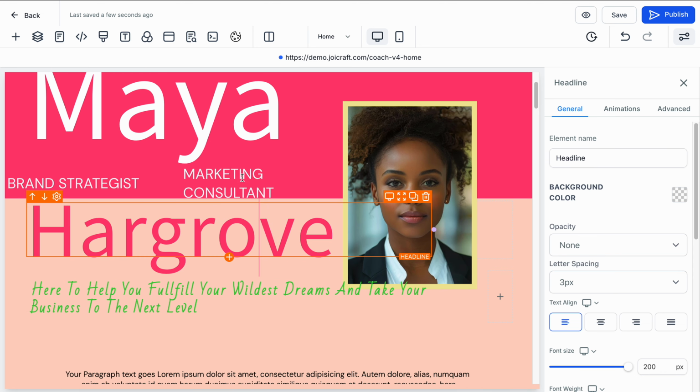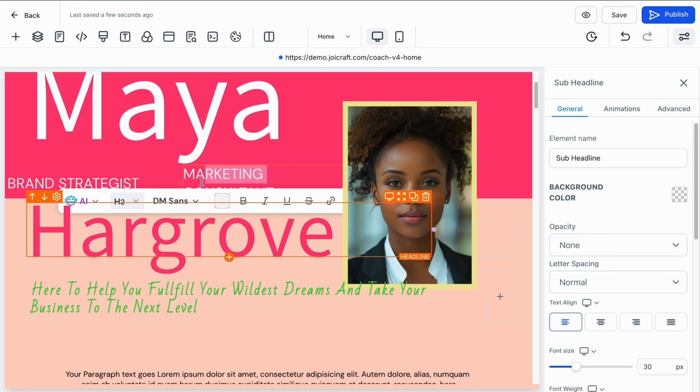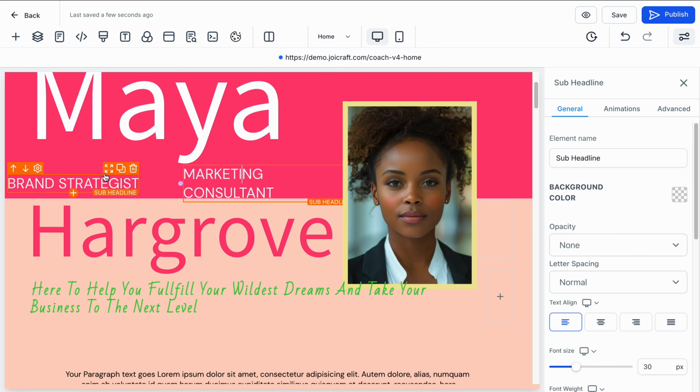You're able to basically click on whatever you want to edit. Like you see, if you click here, it's going to select this. But if you go up a little higher, you'll be able to select this area if you want to edit that. This little part right here that says brand strategist is like the most difficult portion to edit or to click on. But if you are having any issues for whatever reason, clicking on any of these items